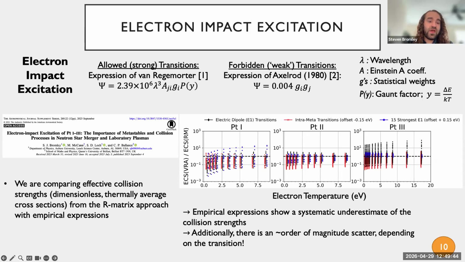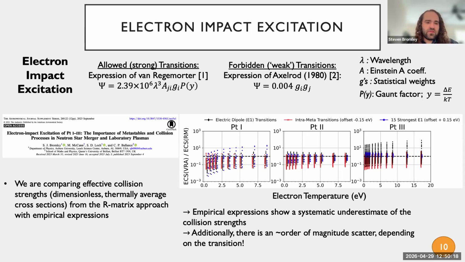One, there's a very large scatter on whether or not the Van Regemorter approximation is accurate. And the second you'll notice is that even with that scatter, there's a rather large systematic underestimate of this effective collision strength. And what this might mean in a kilonova model, if our cooling is determined by exciting transitions and decay in the infrared, if we're underestimating the amount that those transitions are being excited, we might be dramatically underestimating the cooling, and so there's some impact on the temperature evolution in a kilonova.